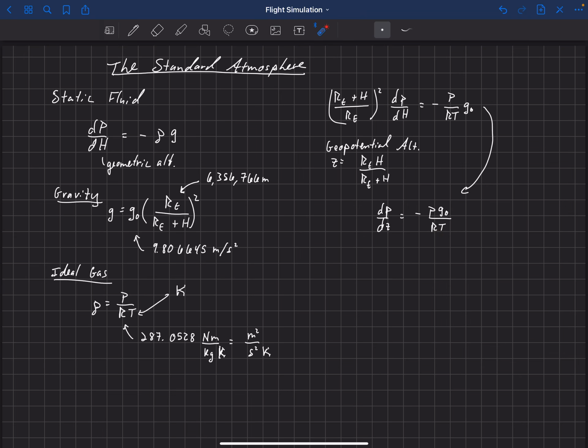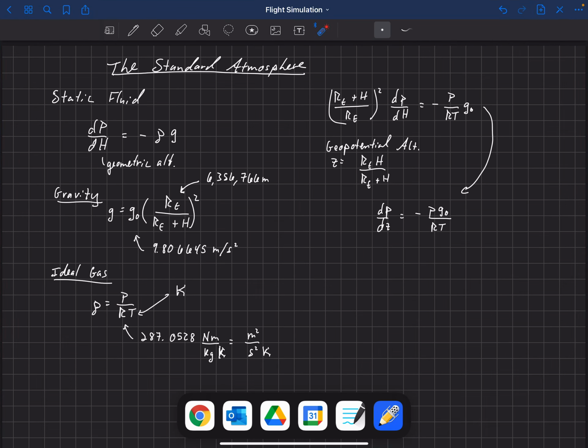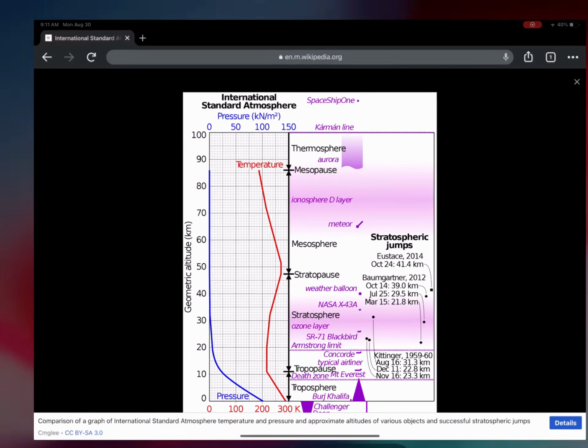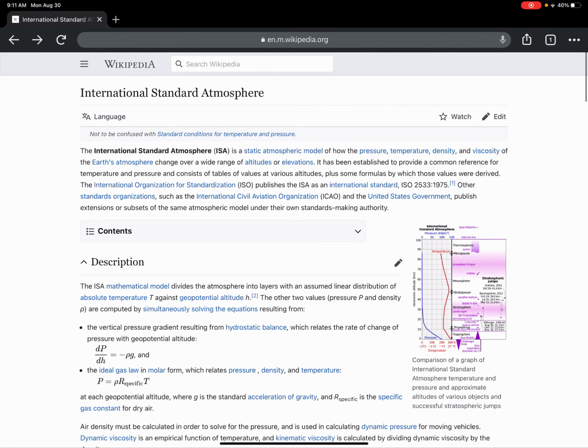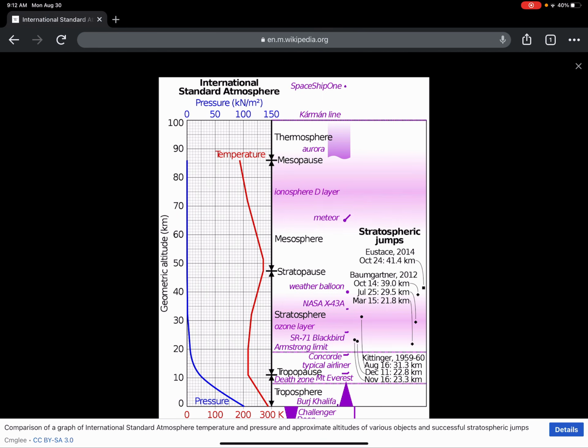So up to this point, we've just assumed a gravity model, we assumed it was an ideal gas, but now we're going to actually insert the definition of the standard atmosphere. So we're going to look at Wikipedia here, and you can just go to this Wikipedia International Standard Atmosphere, and there's this image over here on the right. You can pull up, and it shows you what this standard atmosphere basically looks like as a